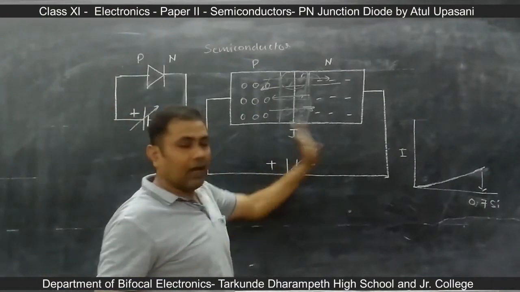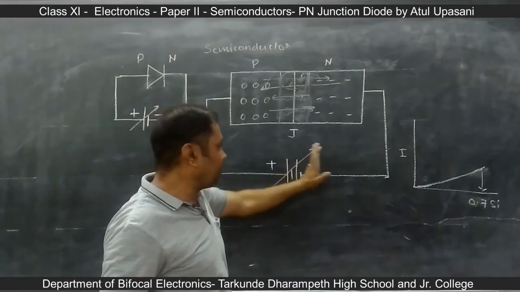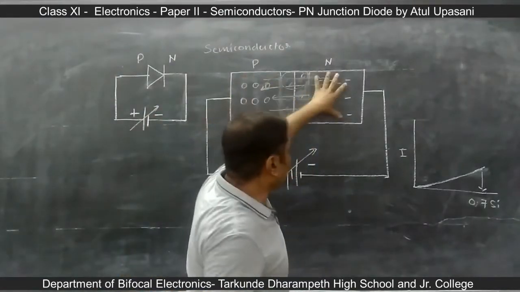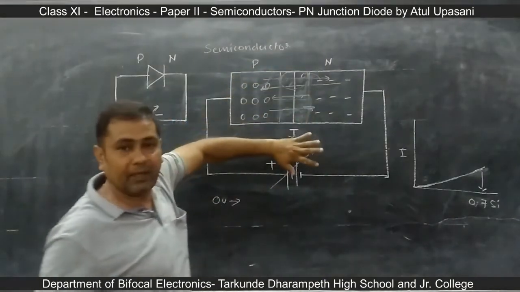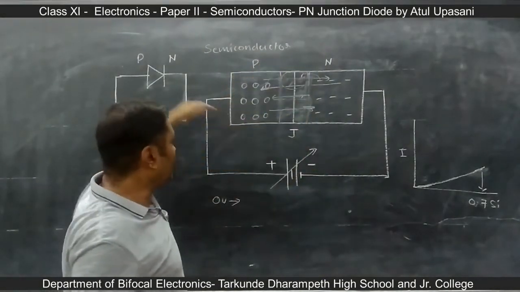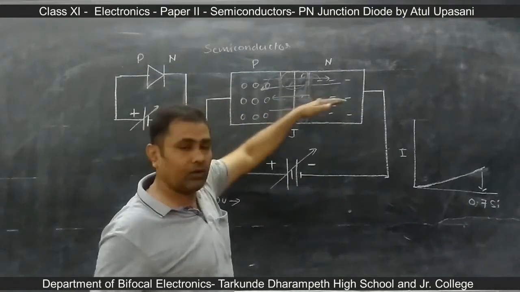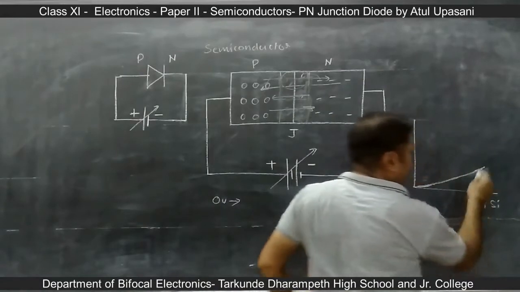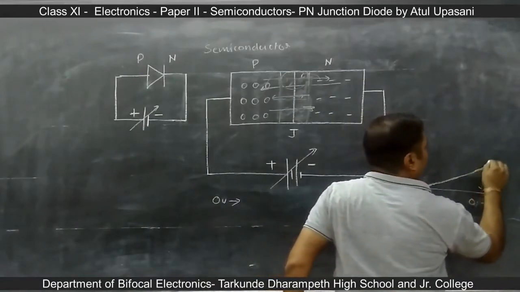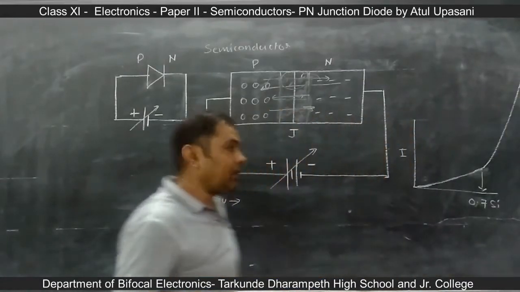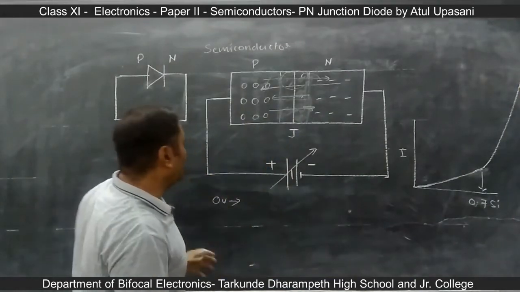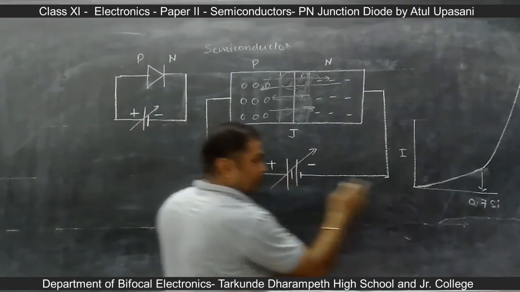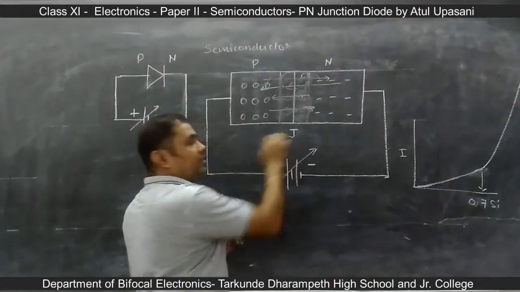What if, after reaching 0.7 volt, we further increase the voltage? Now this diode has no depletion layer, no barrier, so holes and electrons can pass through the device very freely. So after 0.7 volt, if the voltage is increased further, there is a rapid increase in the current through the device. So this is how this diode will start conducting, where the voltage is more than 0.7 volt.